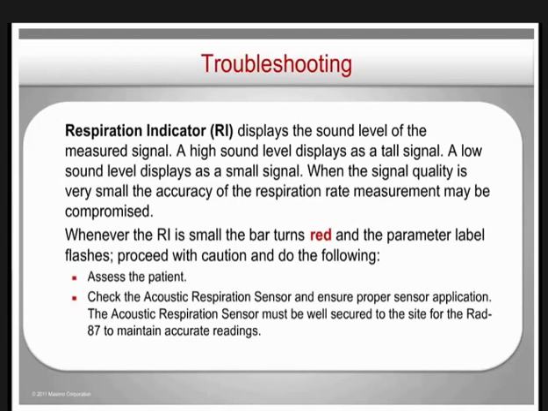Assess the patient, and check the acoustic respiration sensor and ensure proper sensor application. The acoustic respiration sensor must be well secured to the site for the RAD-87 to maintain accurate readings. A misapplied sensor that becomes partially dislodged may cause under-reading of the respiration indicator,